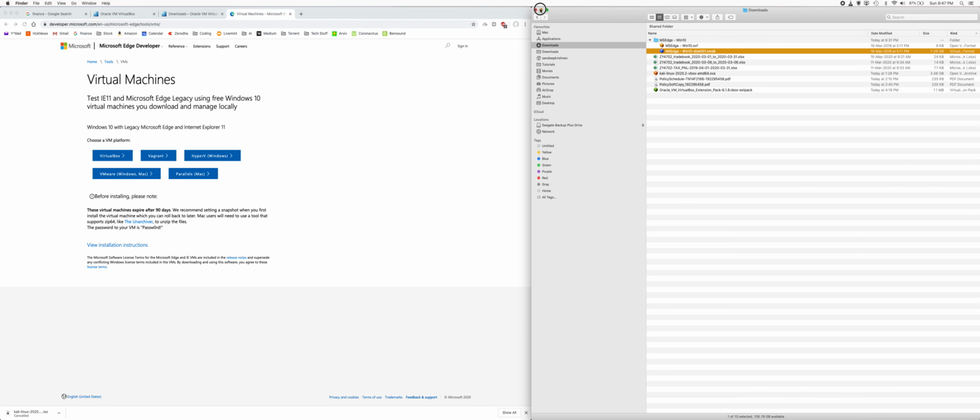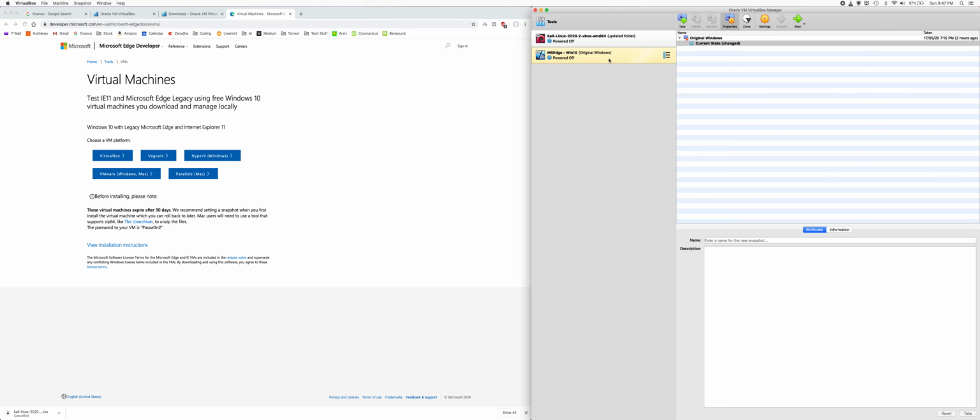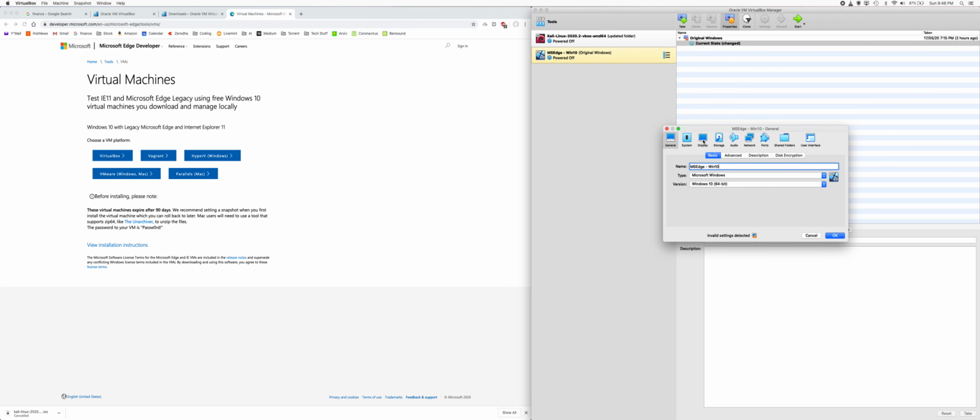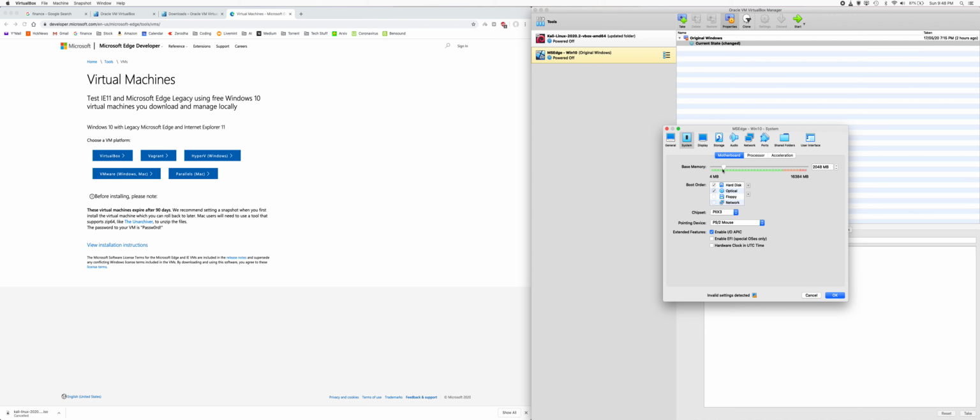Once you get this, it's the same process. Come here, set this particular thing. System memory 2 GB. And display should be at least this much, or whatever it's showing in green.